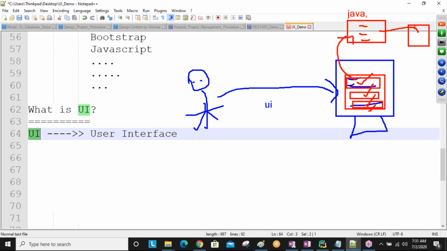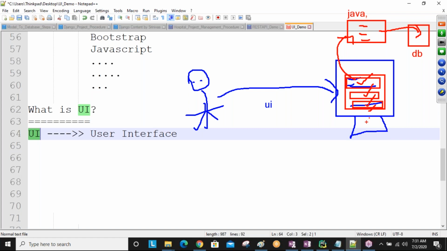After reading the data, they send it to the database, the DB. Understand, friend? So the user enters some data using the user interface, and that data goes to the backend code; the backend developers receive that data and send it to the database. This is totally the UI technology advantage.